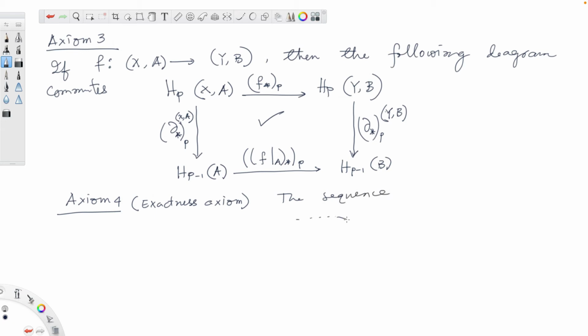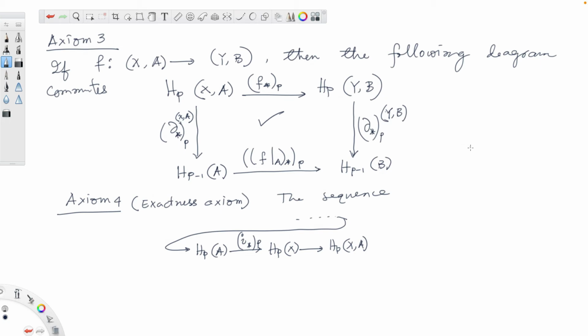So dot dot dot, and then we go to HP of A, and then from HP of A to HP of X, this group homomorphism is induced by the inclusion map of A into X, or A comma empty space into X comma empty space, and we know that it's a well-defined inclusion since A is a subspace of X. This is I star at P, and then from HP of X to HP of X comma A,